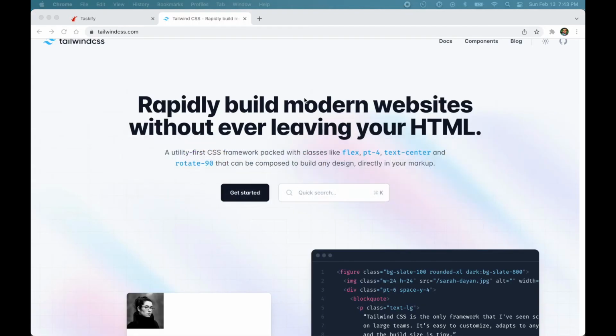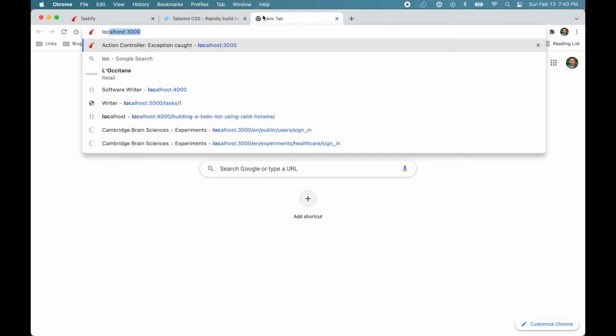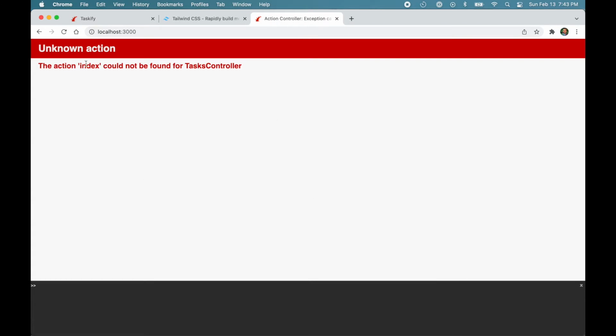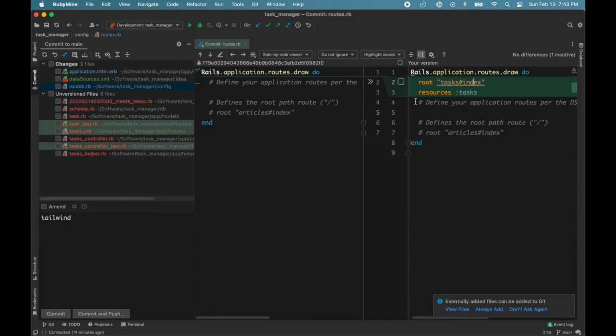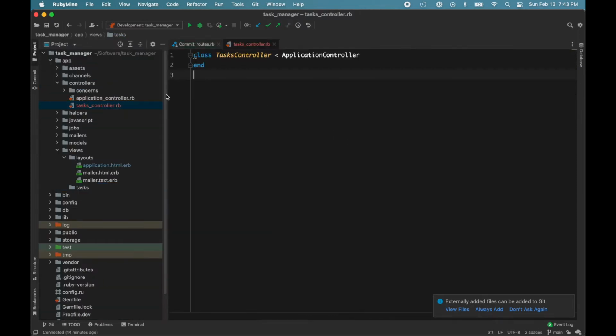and go to localhost:3000, we'll get an error that says the action index could not be found for TasksController, because even though we tell Rails to use this tasks controller and index action, we haven't actually added that. So let's go ahead and create the index action,